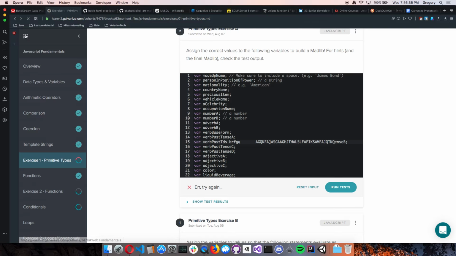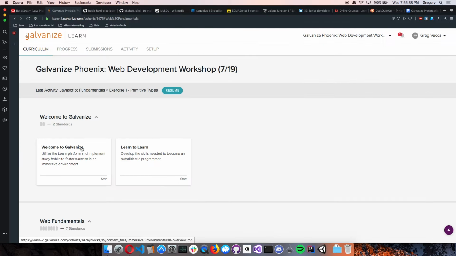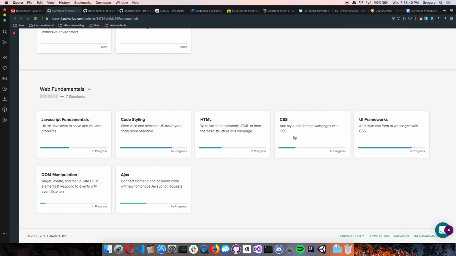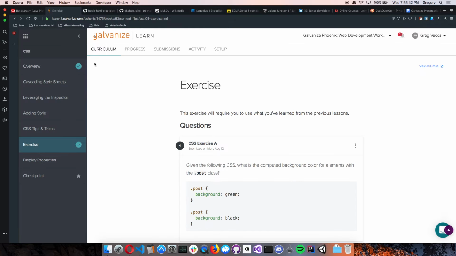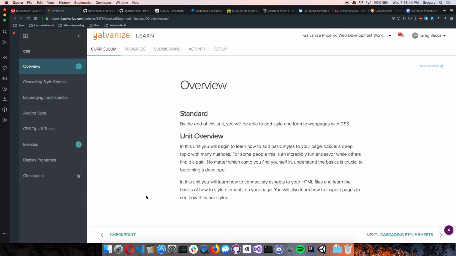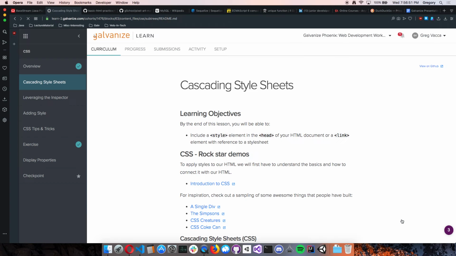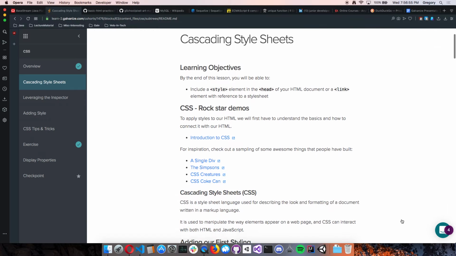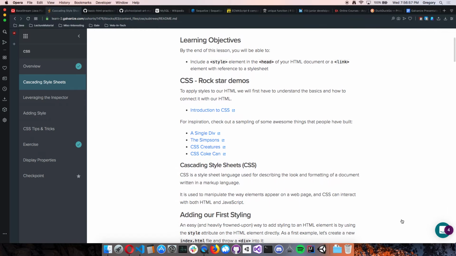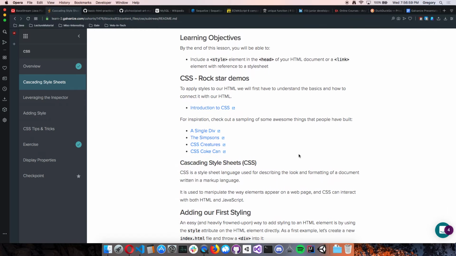So we will start talking about CSS. So this exercise is a pain because it's not really how you would write CSS, but it's looking for such a specific answer that the person who wrote the test, it's a pain. So if you go to the CSS unit, we can go and we have access to all of these